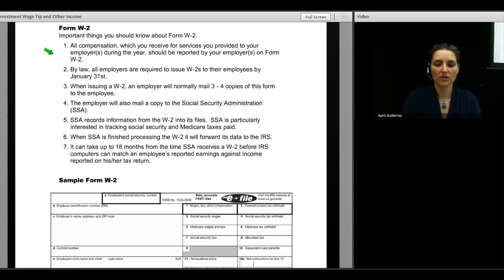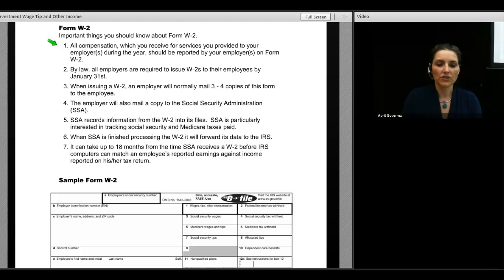There's a few things that you should know about a W-2, and although you've possibly been preparing tax returns for many years, you might be going, good God, she's going to go over a W-2 with me. Well, it doesn't hurt to understand the W-2 in its entirety, so yes, I am going to do that. So there are some important things you need to know. Firstly,